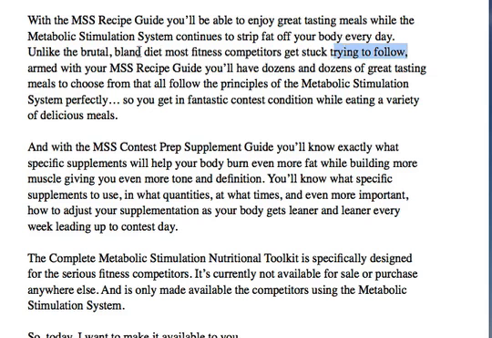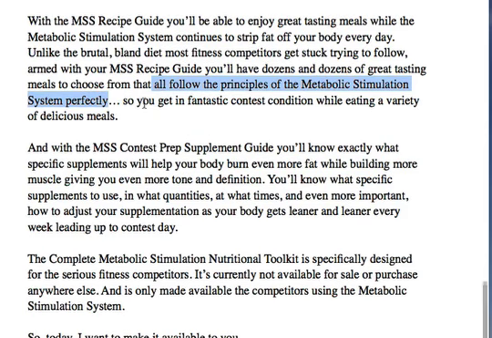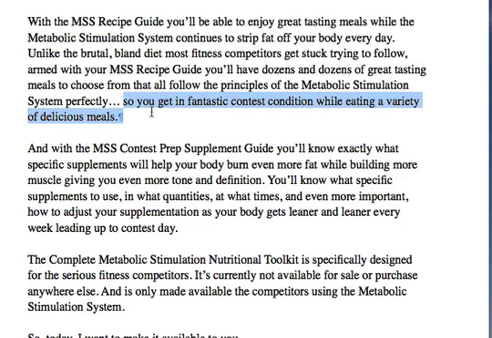I say, so unlike the brutal, bland diet most fitness competitors get stuck trying to follow, armed with your MSS recipe guide, you'll have dozens and dozens of great tasting meals to choose from that all follow the principles of the metabolic stimulation system perfectly. So, benefit, you get in fantastic contest condition while eating a variety of delicious meals, right? So, over here, a benefit, you'll have dozens and dozens of great tasting meals to choose from, right? And then a deeper benefit. So you get in fantastic contest condition while eating a variety of delicious meals,